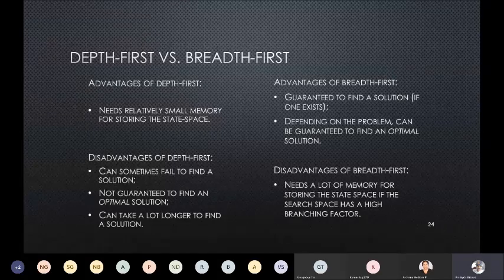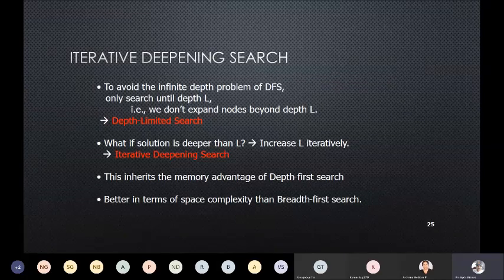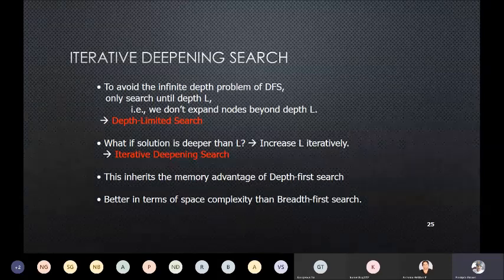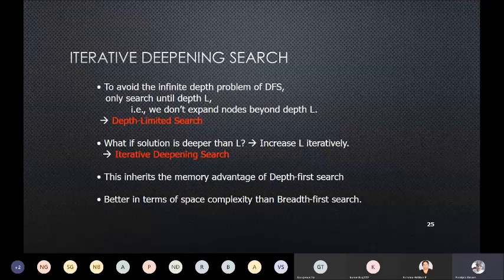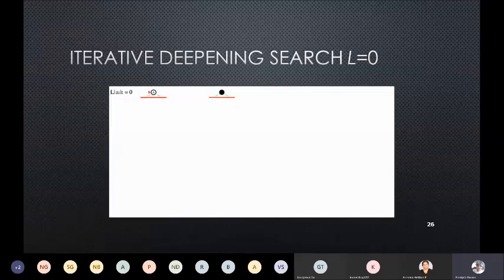So whenever there are two approaches, researchers try to combine them and find a new solution. There are two types of search algorithms where people try to combine the benefits of both breadth first and depth first search. One such search is called depth limited search, and the other is called iterative deepening search. So in the next few slides, we will look at the iterative deepening search. How does the iterative deepening search work?